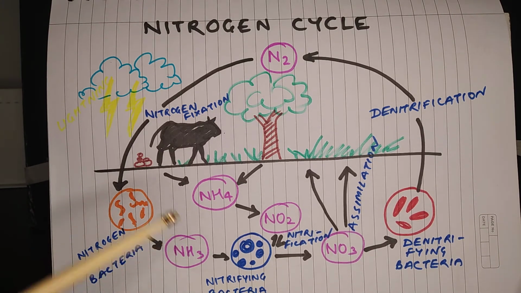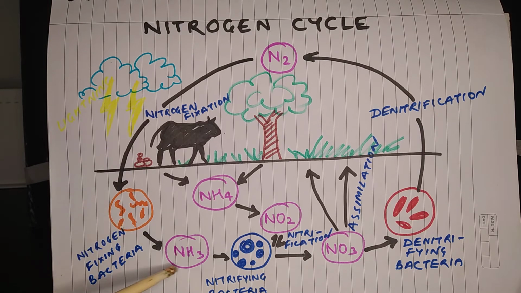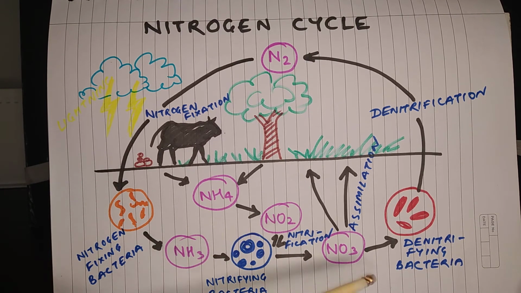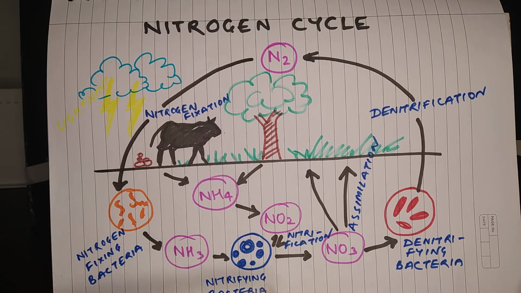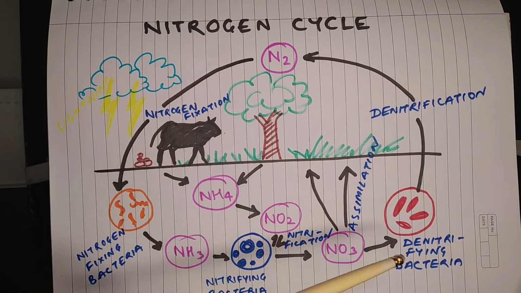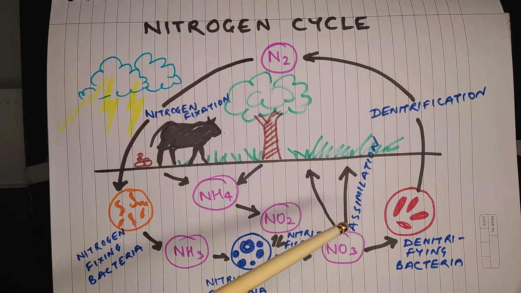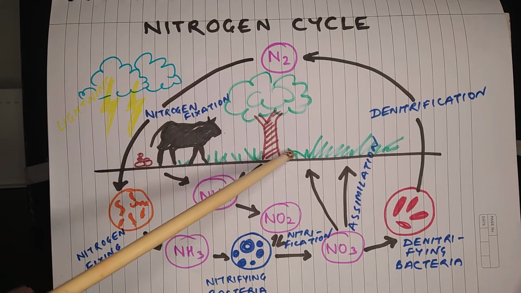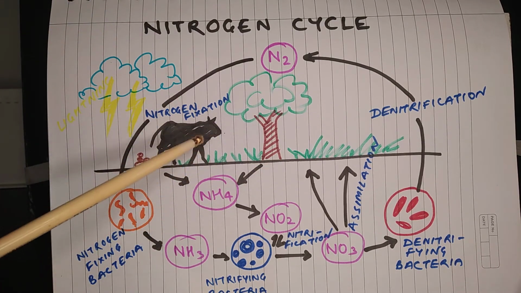Ammonia is NH3. Now this ammonia is further processed by nitrifying bacteria, and nitrifying bacteria convert ammonia into various oxides of nitrogen like NO2 or NO3. These compounds of nitrogen are now taken up by plants and utilized to make protein and other items. After that, when a herbivore eats plant, it gets the nitrogen or protein and